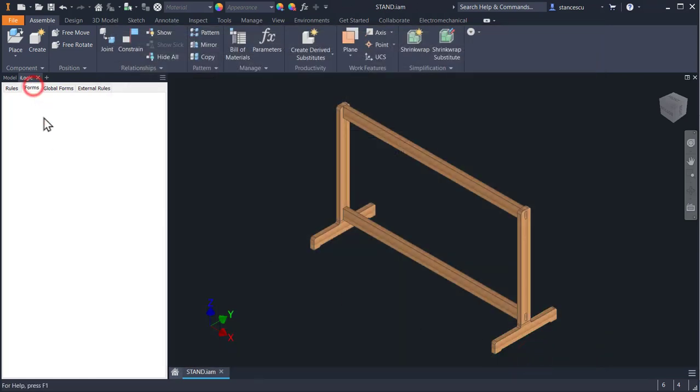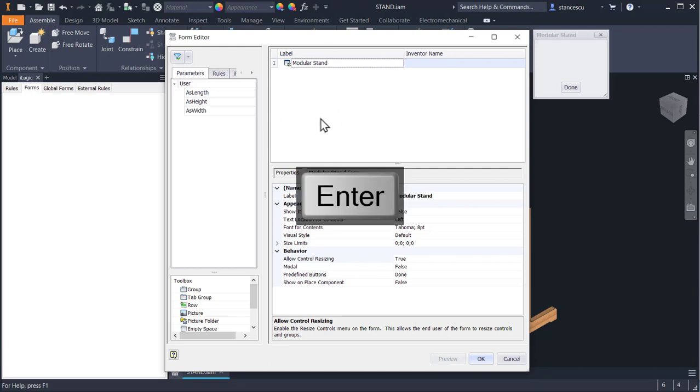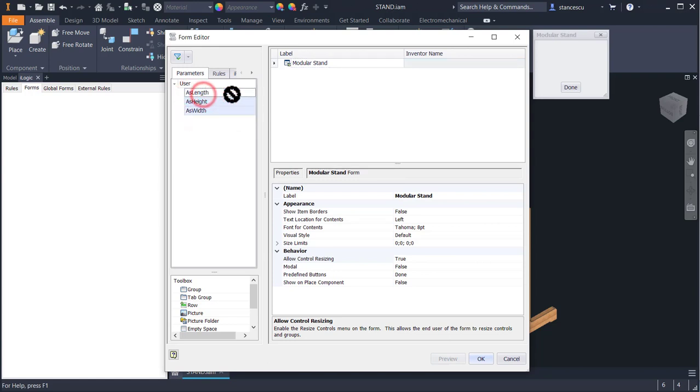Now let's go to forms and let's create a new form. You know the procedure from the previous tutorials. We give it a name, modular stand, to know what it is about, and then we drag the three parameters to the form,